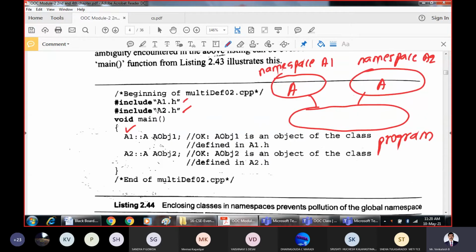That means we are declaring an object of class A which belongs to namespace A1. We are declaring an object AOBJ2 which is of class A belonging to namespace A2.